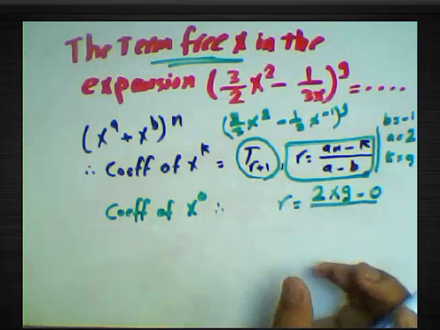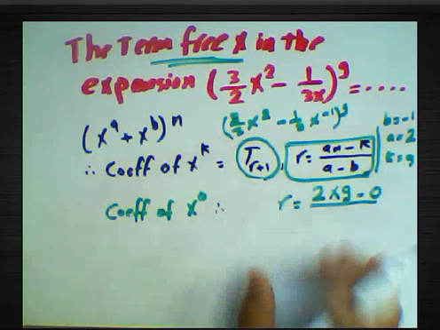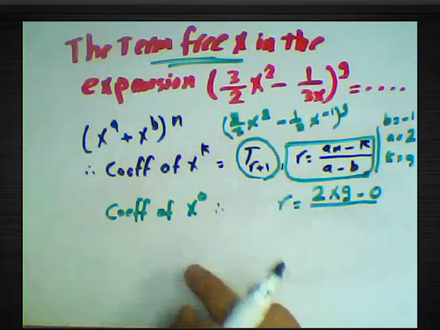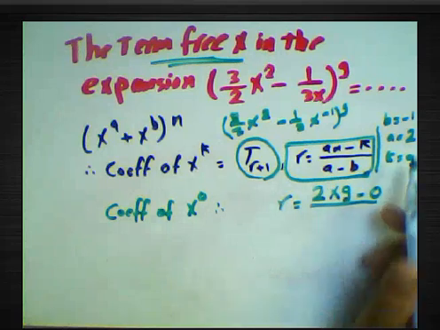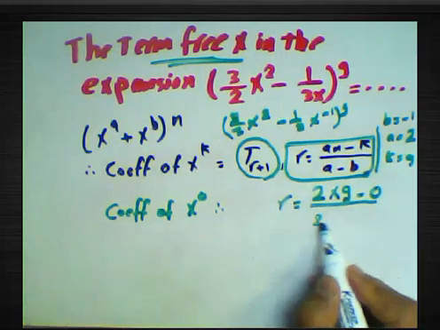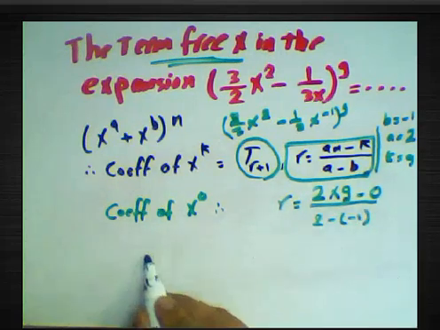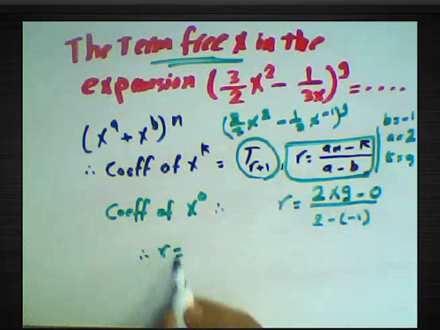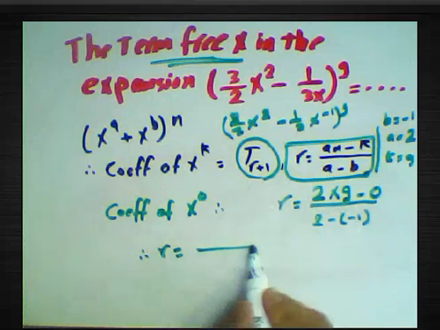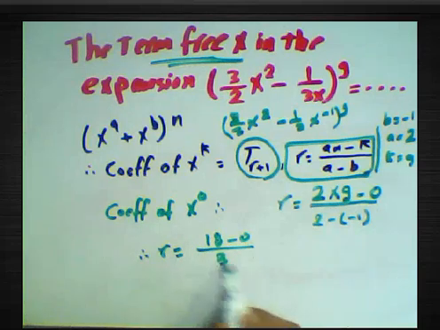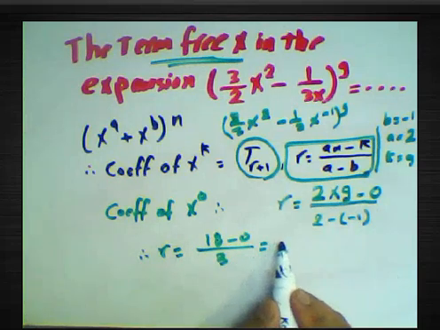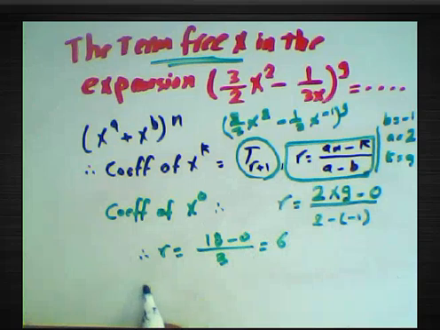Which term is free of x in the expression? The term free of x means the coefficient of x power 0, 2 times 9 minus 0 over a minus b, 2 minus negative 1. Then r will be equal to 2 times 9 equals 18, minus 0, over 3, it will be 6. Then r equals 6. Then the term free of x